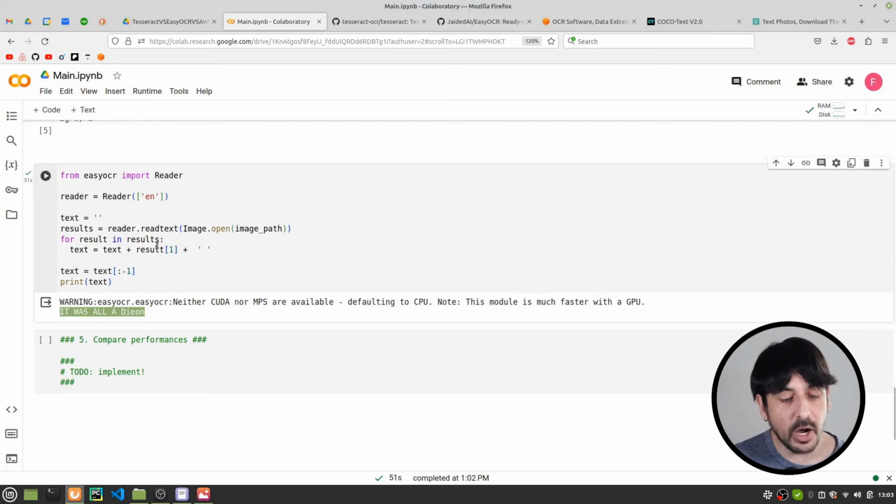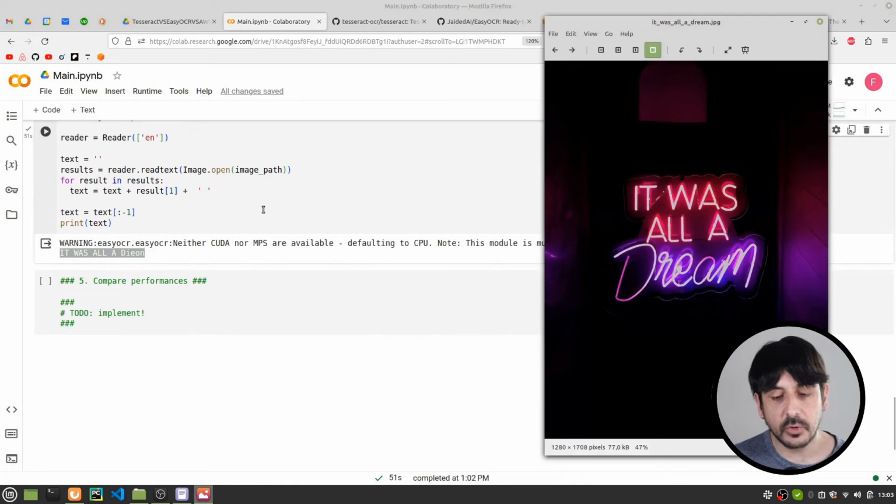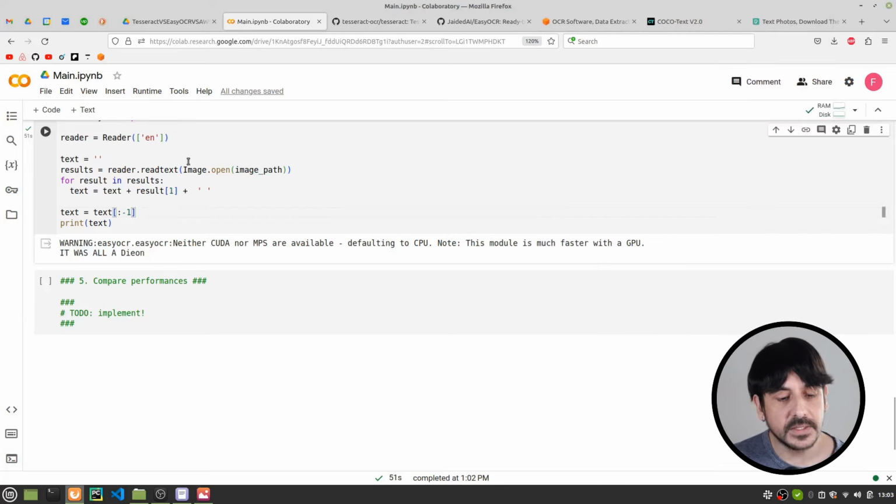And you can see that this is the output, which is definitely not perfect, but it's more similar. Right now it says it was all a Dion, something like that, so it's definitely not perfect, but it's similar. This is how we are going to use EasyOCR, and now let's continue and let me show you how to